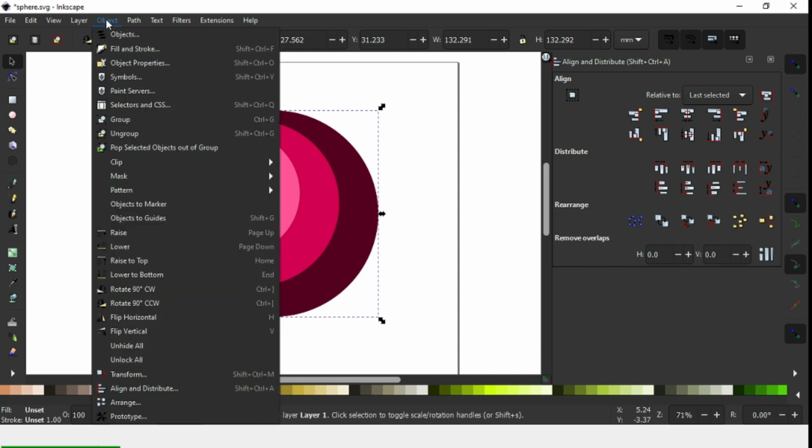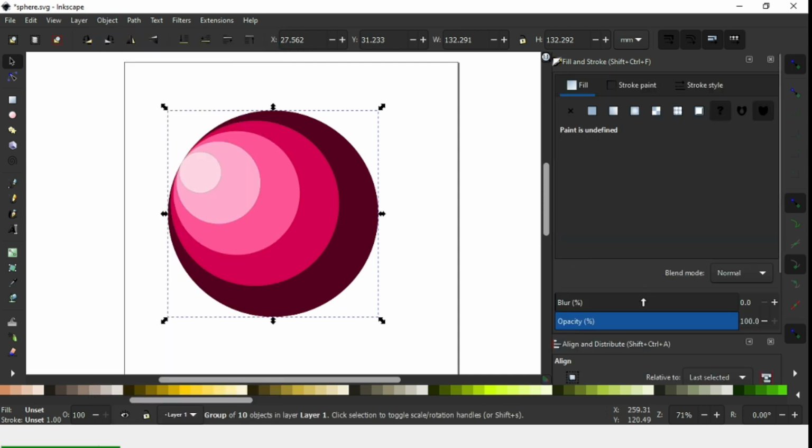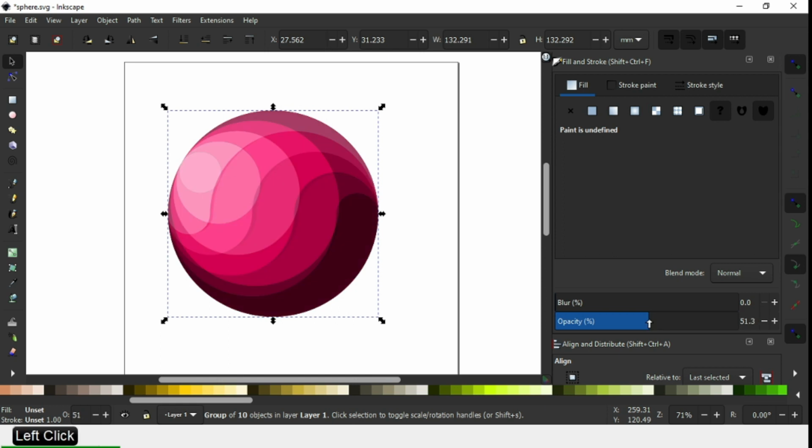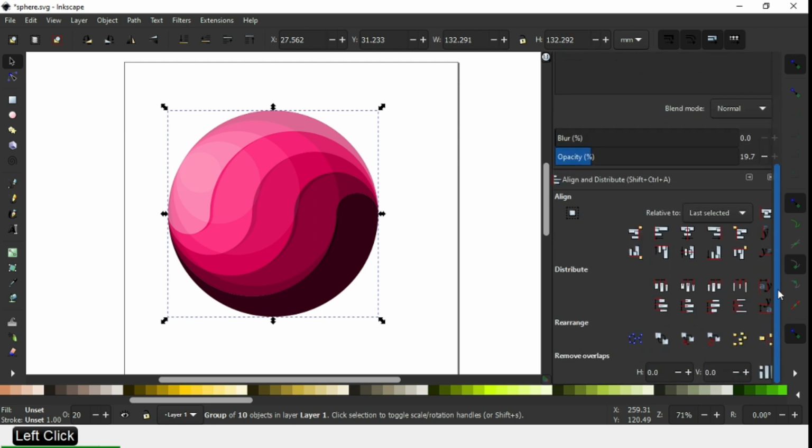Now select this one, enable the Fill and Stroke dialog box, and make some transparency. Use the blend mode option.